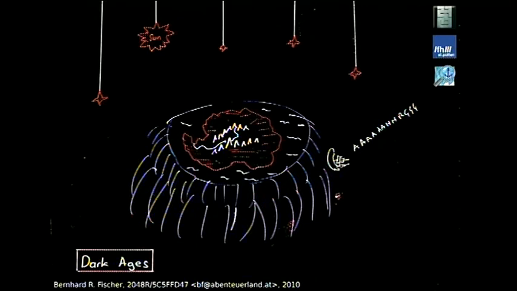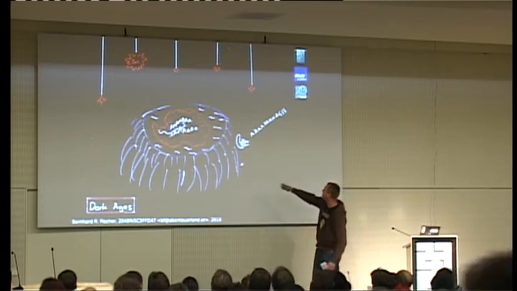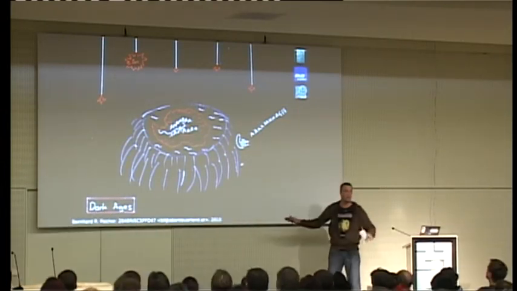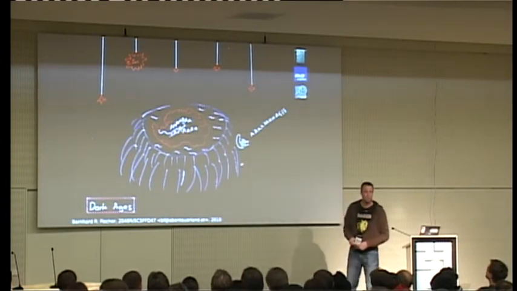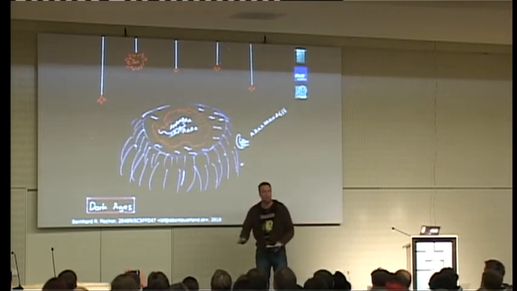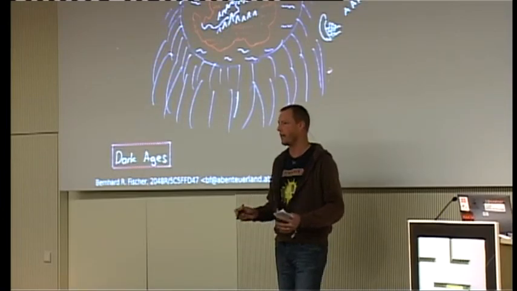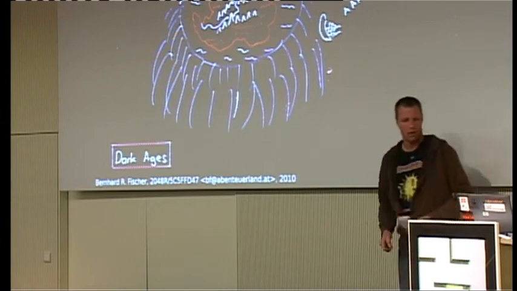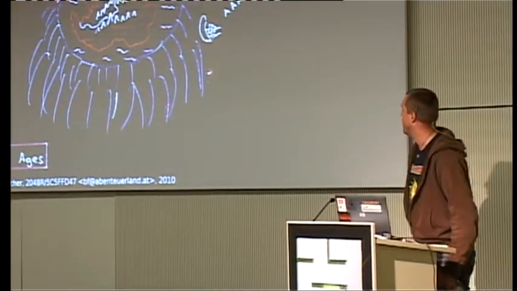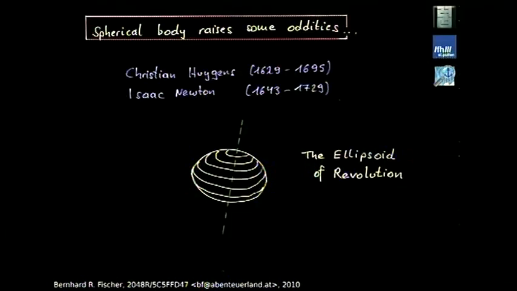Things got better. Dark ages came, and people suggested, for whatever reason, the disk world. Okay, it's like this. Everything is on a disk, and if you go too far out, you fall into the deep ocean around everything, and stars are fixed somewhere. That's a nice model. It's really a good model because on a plane, everything is very easy from a mathematical point of view. It's a really easy thing. But unfortunately, well, we know what happened. This is not the correct model as we know today, okay?